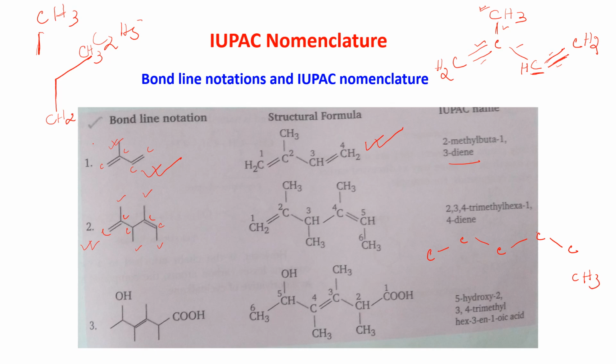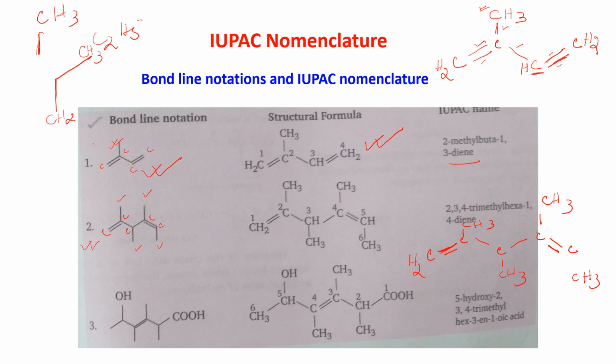Now here is also one CH3, and here is also one CH3. Here is also another CH3. Here is a double bond, and here is also a double bond. Now just put the hydrogen by seeing the valency. This carbon atom is having 2 valency, so it will be CH2. This carbon atom is having 1, 2, 3 and 4, so it is satisfied. Now this carbon atom is also satisfied, 3 and 1, 4.